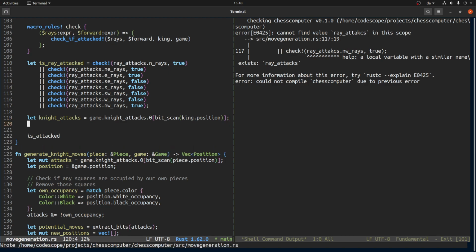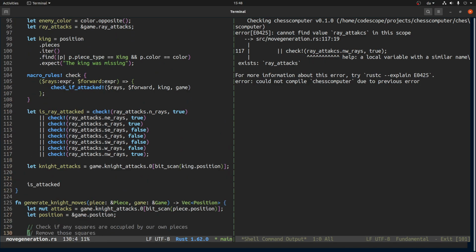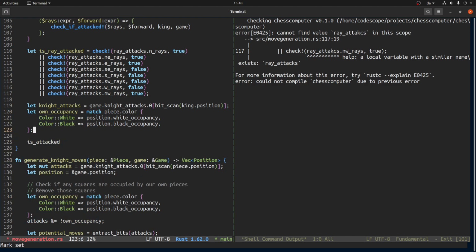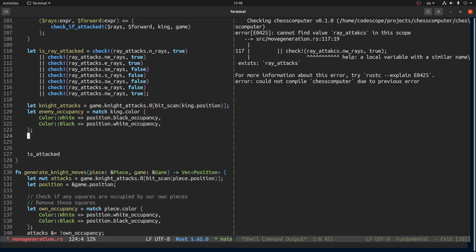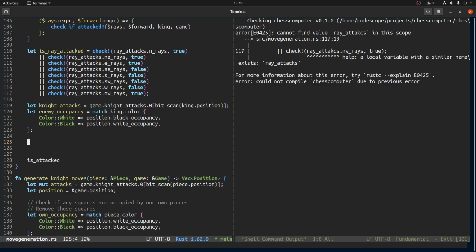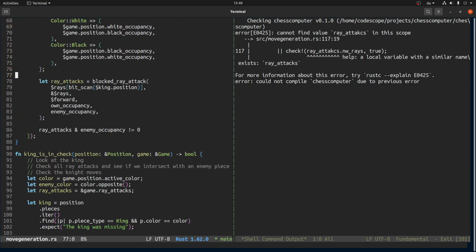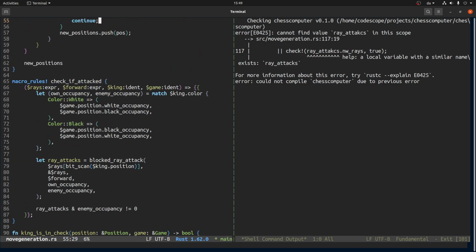And so we need this one again, which is a bit annoying, but and it should be the enemy. And then we simply need to see if there is a knight. Okay, so actually something I just realized, that it's not enough to check that there is a piece there. We also need to check that that piece actually can do a ray attack. That makes it a little bit annoying because